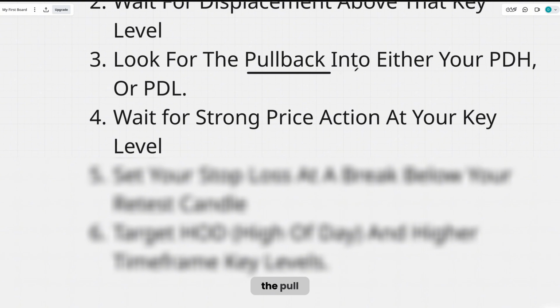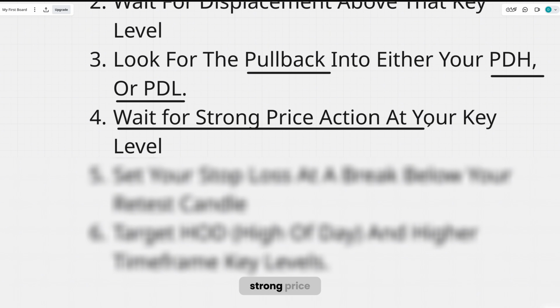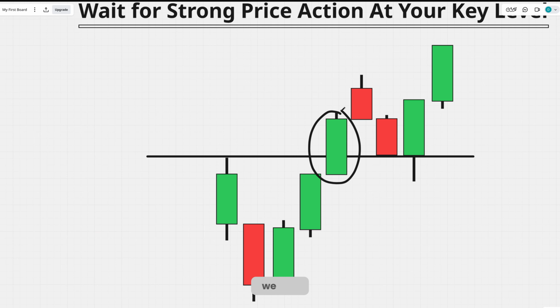Now that you've looked for the pullback into either your previous day high or previous day low, now you're waiting for strong price action at your key level, being your previous day high. So as you guys can see, we had our strong candle closure above, our displacement candle, our retest candle, and now we have one of our most important steps in this entire process being your strong price action candle,